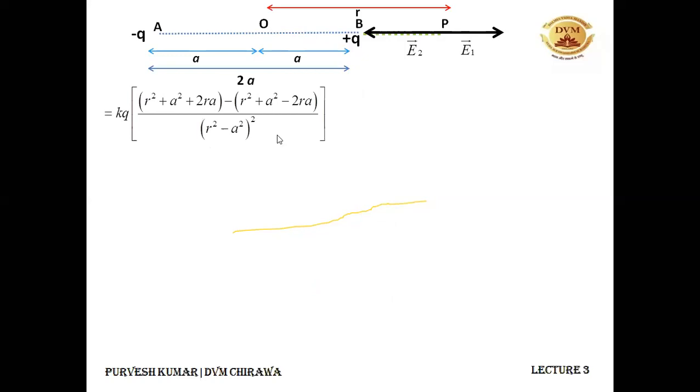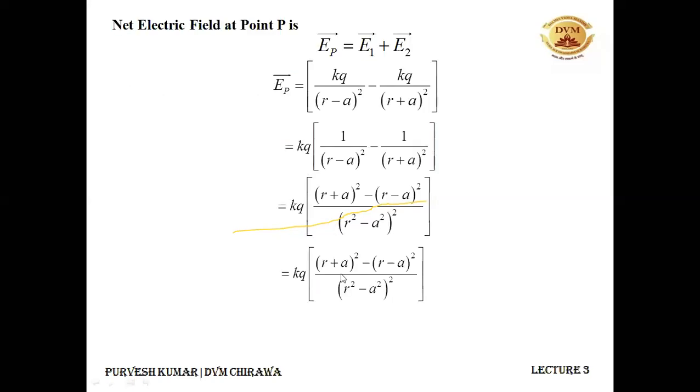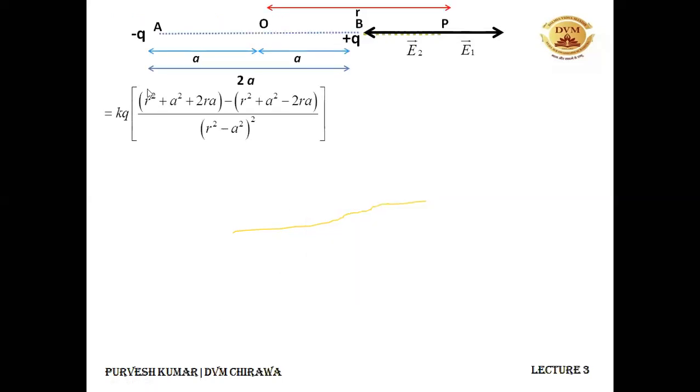Now, to solve it out, what we need to do is expand this square. So A plus B square is A square plus B square plus 2AB, and A minus B square is what? A square plus B square minus 2AB. So in the next slide, I have done this. I have just expanded the squares. So A square plus B square plus 2AB, minus sign, then A square plus B square minus 2AB. And divided by the denominator, which is as it was in the previous slide.